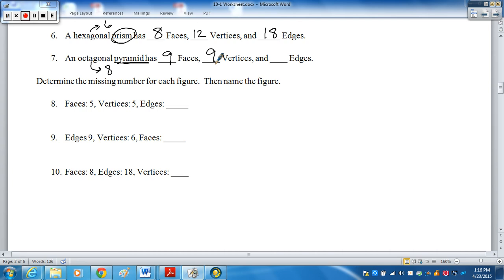Now, in a pyramid, what you see here will hold true for all pyramids. The number of faces equals the number of vertices. Okay? And so you have to have both be the same. For edges, the bottom base, the octagon, has 8 edges, and each lateral face has 1 edge. And so you lead that edge up to the vertex. That would be